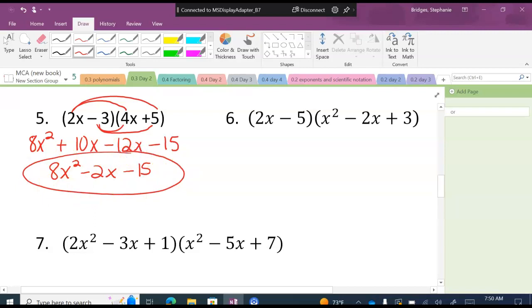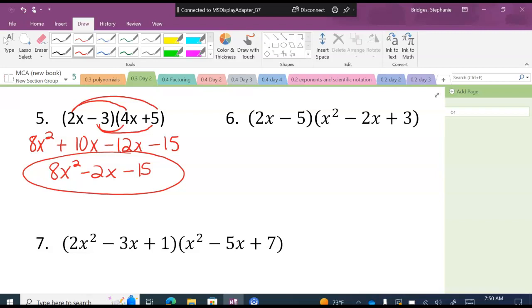And that is in standard form, starting with the highest degree. 6 is exactly the same. The only difference is in that second parenthesis, there's a third term. So, for example, I'm going to let you work this one, but that 2x in the first parenthesis is going